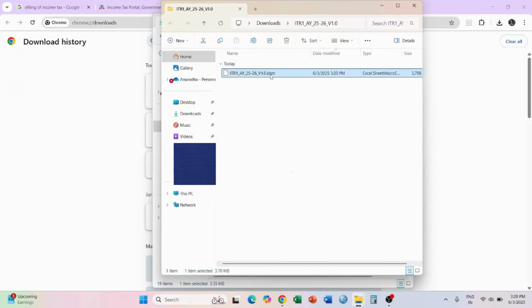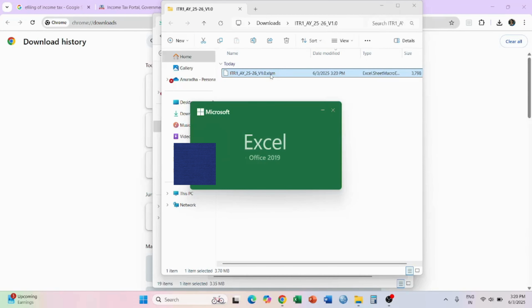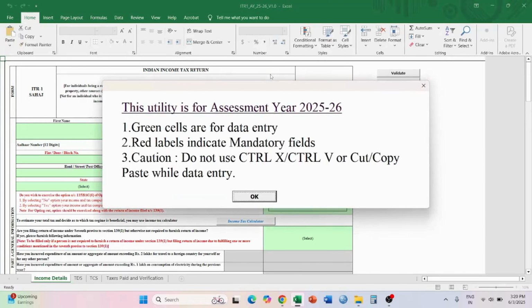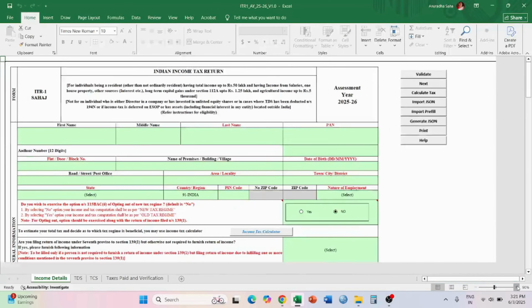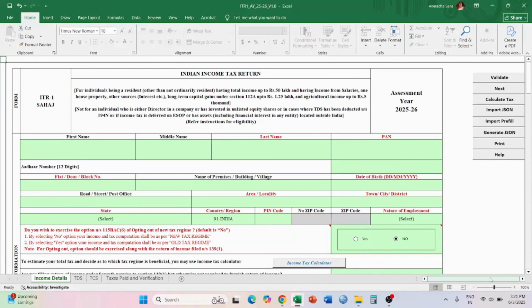Once this is done and you double click to open this Excel, you will see a pop-up coming out. Just see, this is the thing that we wanted. When this comes in, only then you can understand that yes, now we can do entries in this Excel sheet. Else you cannot do the entries in the Excel sheet other than the first few. So once this comes, click OK. Now here is the entire page. Let me zoom it for you all so that you can see and understand.